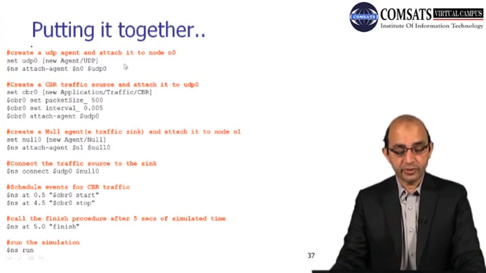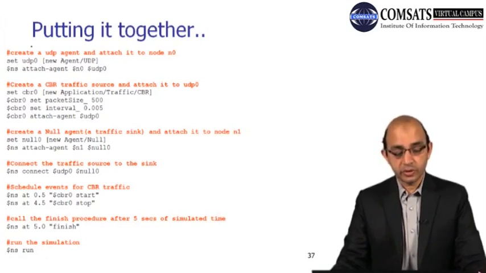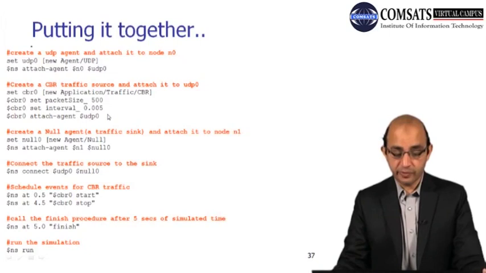So we have here the protocol. Of course we are using a protocol in order to transmit certain bits and bytes. We are using a traffic source, that is CBR, constant bitrate. New application traffic, CBR, right? Then we have to mention the packet size. So this is the packet size, and set the packet inter-arrival rate, and again we have to attach